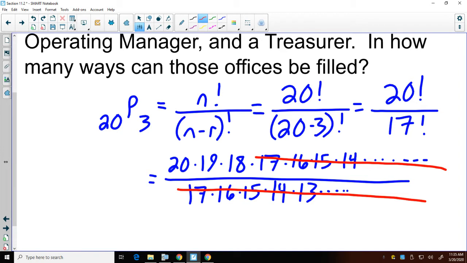These are common pieces from top to bottom, and we can take them out. So to get our answer, really all we have to do is take 20 times 19 times 18. And again, this is what your calculator is doing behind the scenes. So if we take 20 times 19 times 18, you get